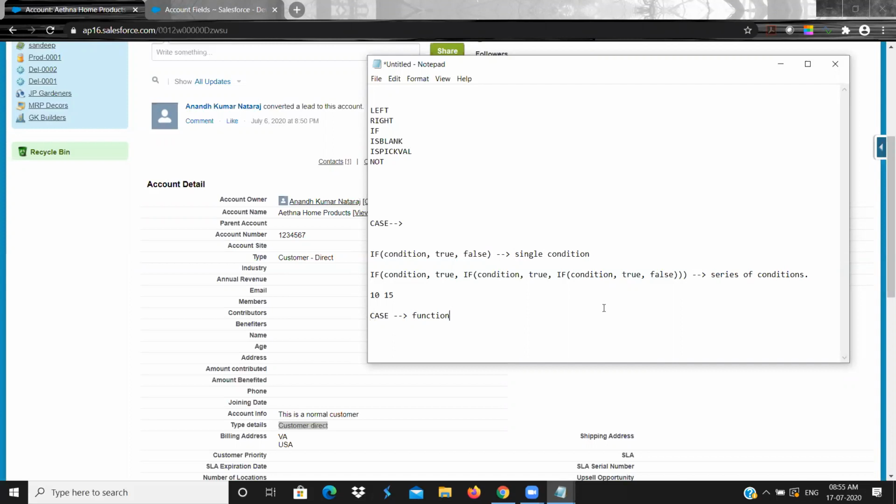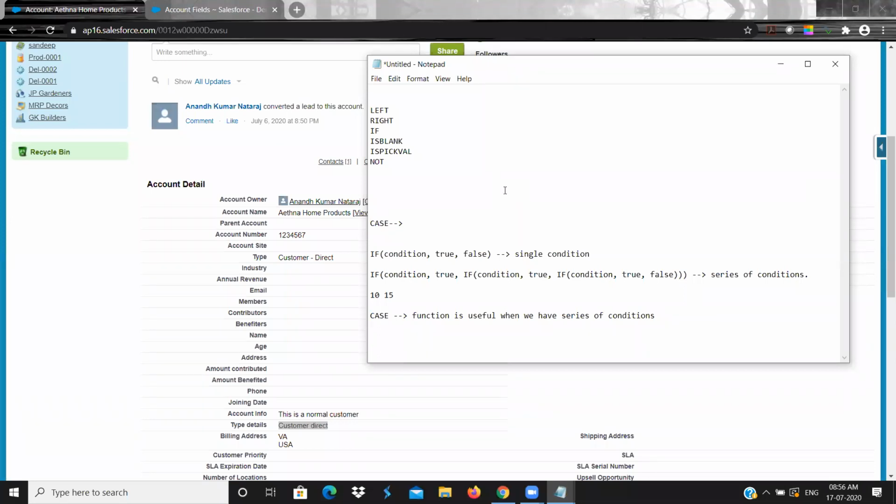Okay, the case function is useful when we have a series of conditions.